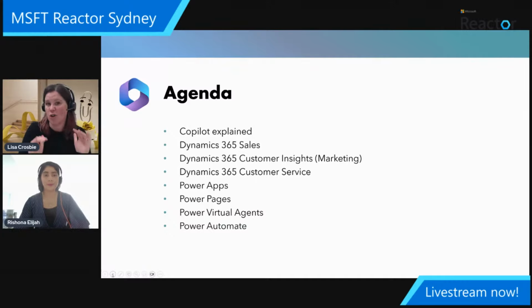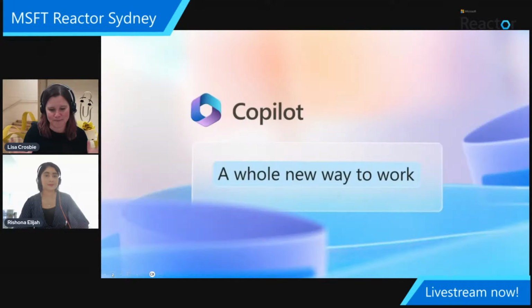And then we're going to focus in on these areas that are the highlights so far. There is more than this, but the highlights so far of what we're seeing coming through in the Dynamics 365 customer engagement side of the stack: sales, the product soon to be not known as marketing anymore, becoming customer insights, customer service, and then those pieces in Power Platform as well. Copilot also exists in other parts of the stack, including the ERP things, but this is where we're seeing the most things that we can show you today, but it's certainly an interesting area to watch.